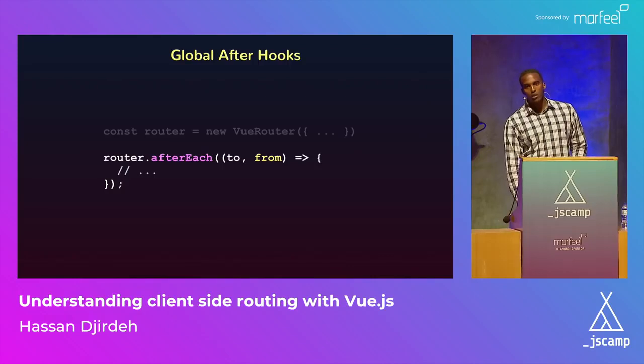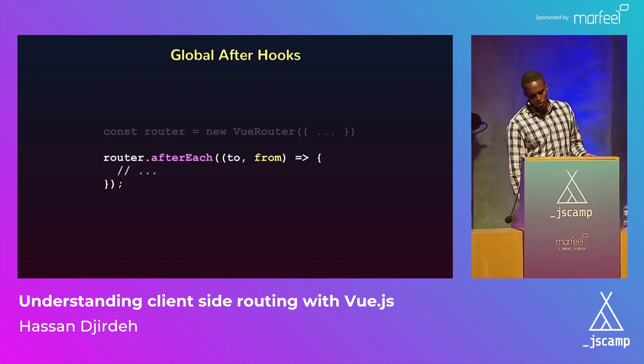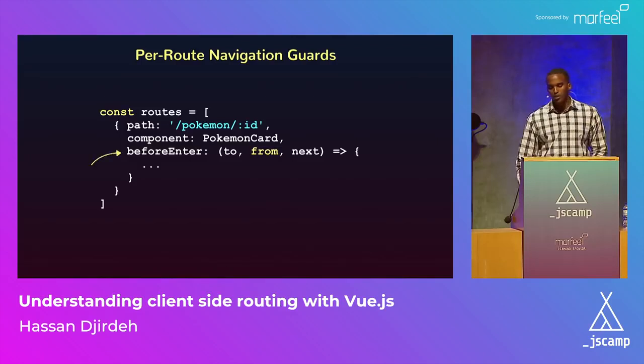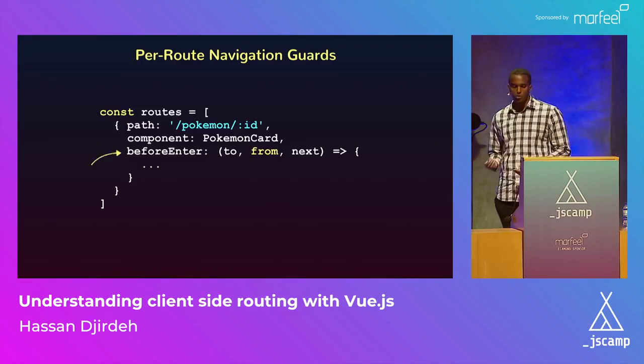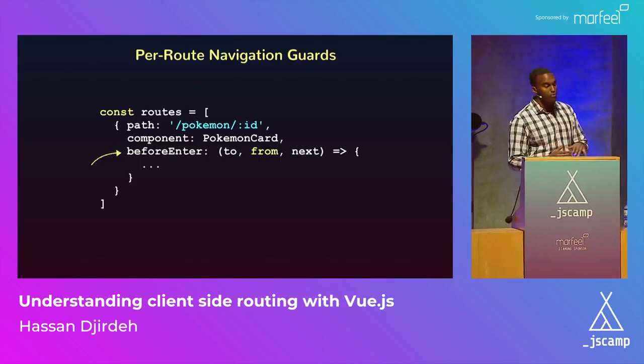These aren't navigation guards because the route's already complete at this moment. In this case, you only have access to the target route object and the current route object. Per route navigation guards work very similar to global navigation guards, but in this case, we only specify the guard for particular routes. So here we're using a beforeEnter property, which will only specify a guard for this particular